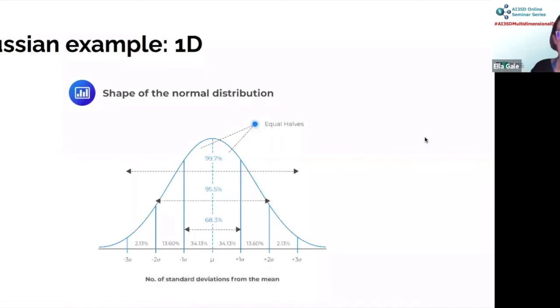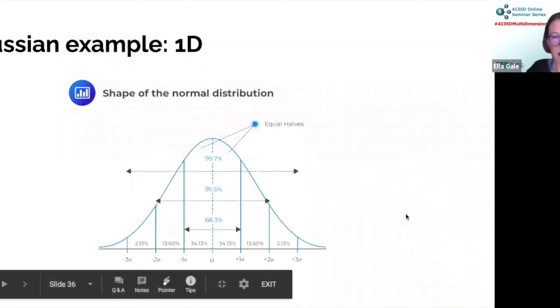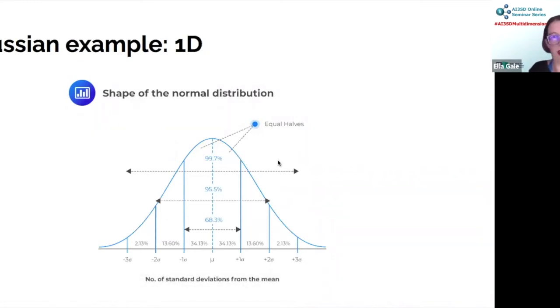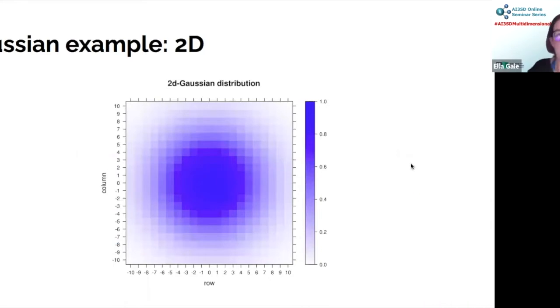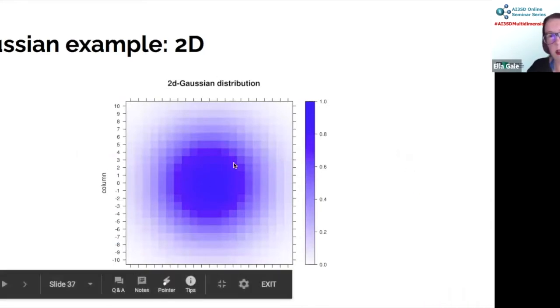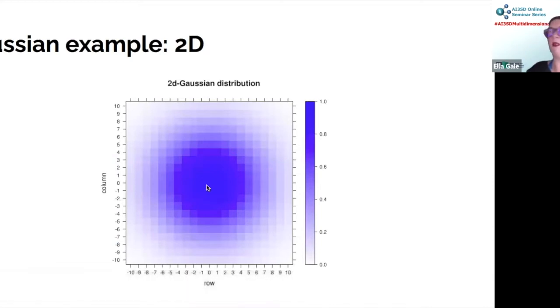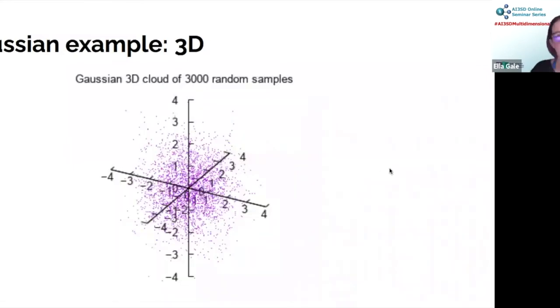I've got some more examples here. Gaussians, we all understand that. This is a 1-dimensional Gaussian. If you have something distributed in 1D with a Gaussian, most of the mass of the distribution is in the middle. I think we all know that. 2D, same thing. This is a 2-dimensional Gaussian distribution. Most of the points are in the middle. If we sampled a point randomly, we'd expect it to be most likely here. Same in 3 dimensions, still in the middle. What happens if we go to high dimensions, so n dimensions?